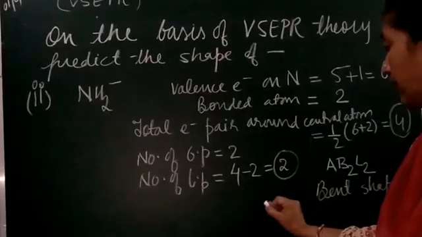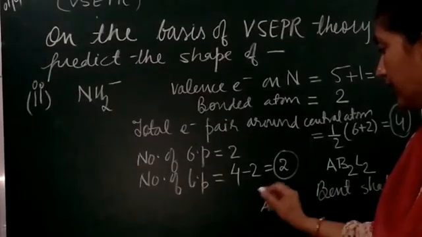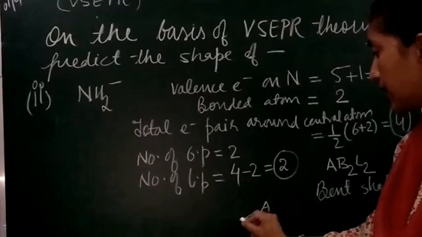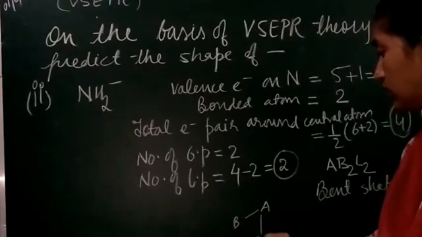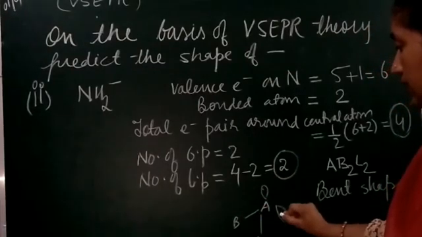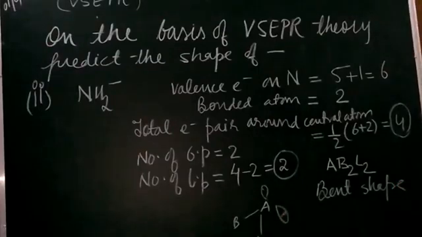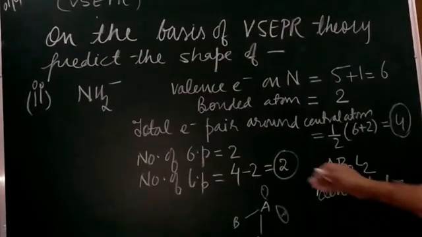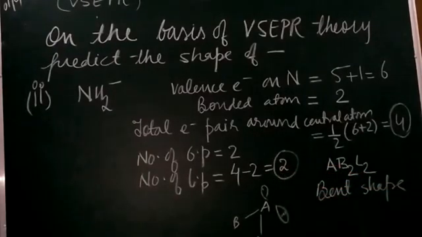Right, so if you remember, we have done this. It is A, having the 2 lone pairs which will be the maximum distance apart. This will make these two in this way, right? So we will have 2 lone pairs and the 2 bonded atoms, and the stable shape, the shape which will lead to stability, keeping the 2 bonded atoms and the 2 lone pairs at maximum distance apart, is the bent shape. Right students, so you have to practice this type of questions also.